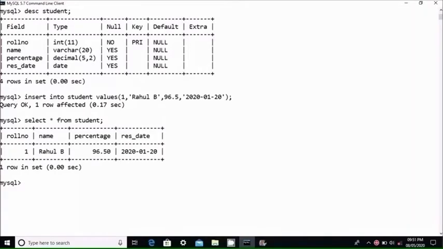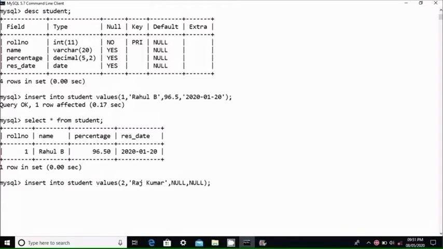Also, we can insert null values into any column in a table. For that we can simply write NULL without any quotes. For example, INSERT INTO student VALUES within brackets 2, comma, Rajkumar, comma, NULL, again one NULL value, then close the bracket and semicolon.